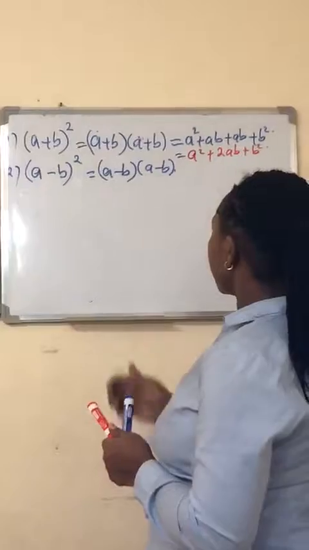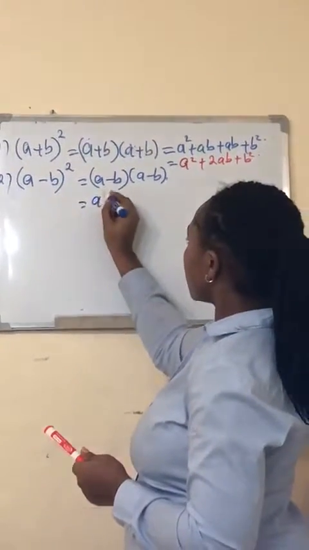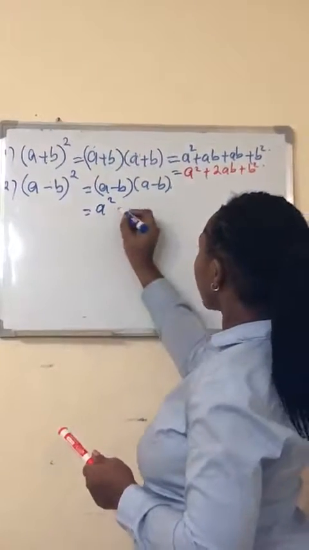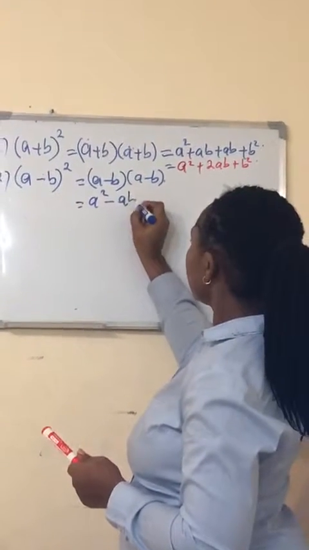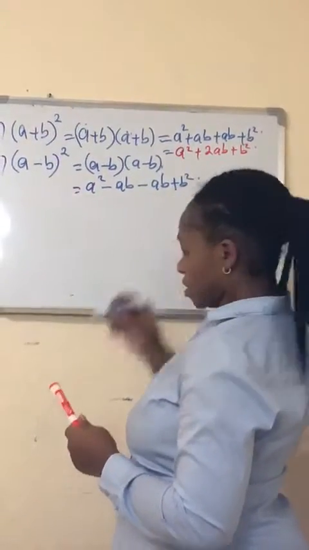Now the next part, again we follow the same pattern. We are going to have a squared minus ab plus b squared. So when we add our